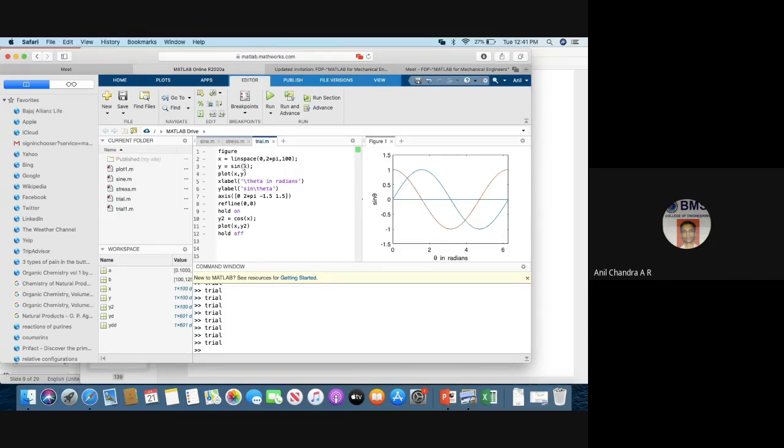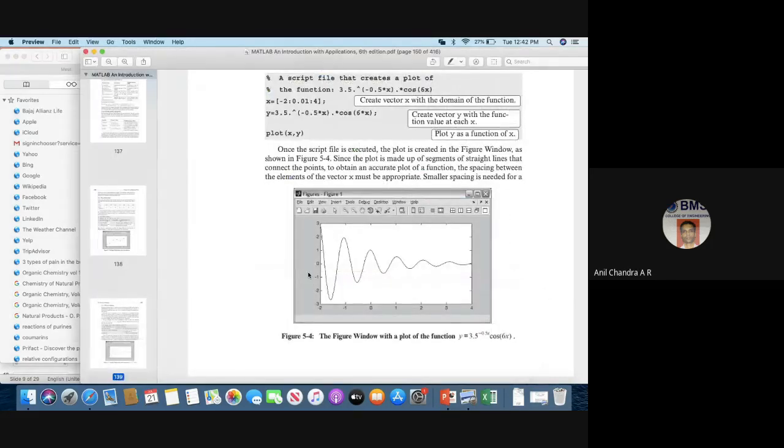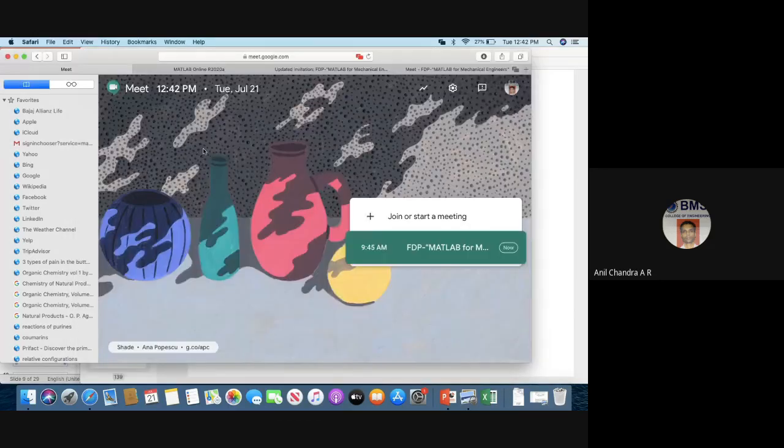You have to be very careful. See, here x is in radians. If you want it in degrees, you have to use the sind command. Right, so you should be very careful.